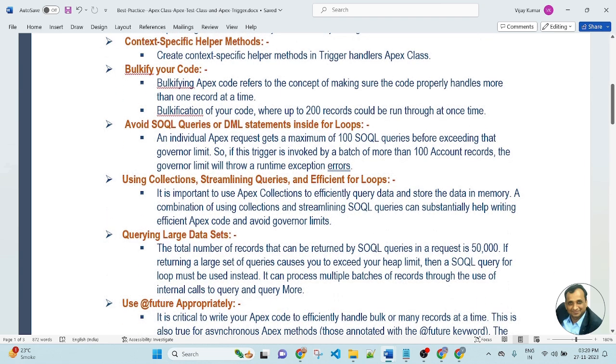Using collections, streamlining SQL queries and efficient for loops. It is important to use Apex collections to efficiently query data and store the data in memory. A combination of using collections and streamlining SQL queries can substantially help in writing efficient Apex code and avoiding governor limits. Querying large data sets.